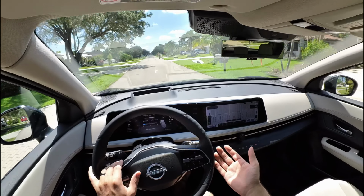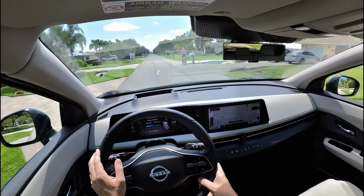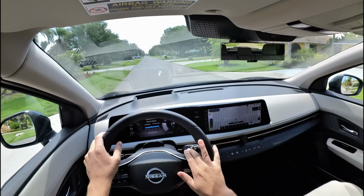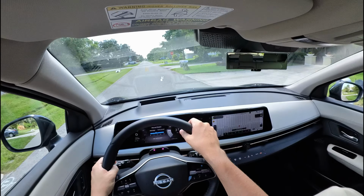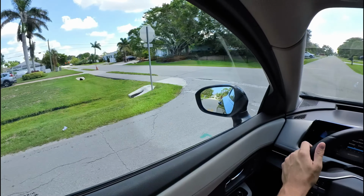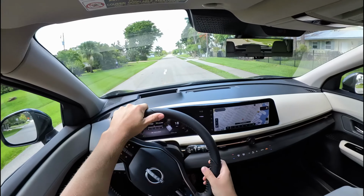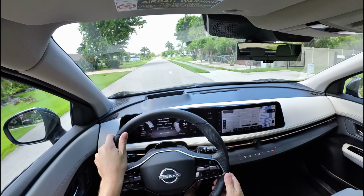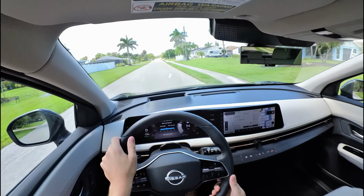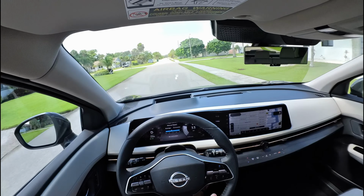But when you get on the pedal, which I'm not going to do because there's a guy with a bike, I'm kind of in the neighborhood. When you get on that gas pedal, man, it really shoots you forward quietly, effortlessly, and responsively. So let's just ease into the pedal here. Just great. Not the craziest surge of torque and power compared to other electric vehicles, but man, the Ariya is